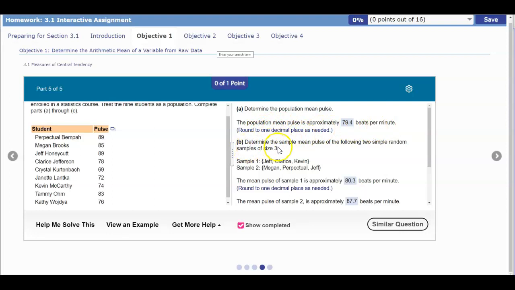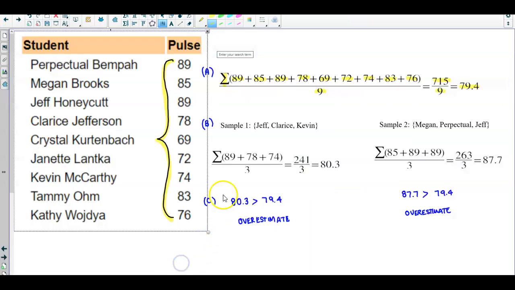Now in part B, it says determine the sample mean pulse of the following 2 simple random samples of size 3. Sample 1 is Jeff, Clarice, and Kevin, and sample 2 is Megan, Perpetual, and Jeff. So let's go ahead and take a look at that. So for sample 1, we know that we have Jeff, Clarice, and Kevin. So what is the value for Jeff? Well, we know that it is 89. We know the value for Clarice is 78,